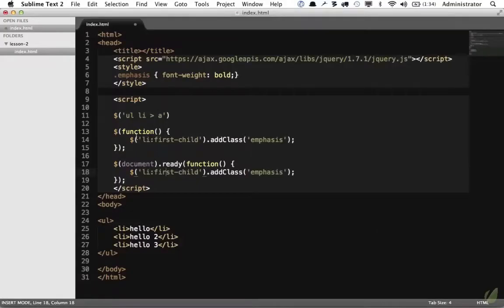You can use whichever you prefer. A lot of people stick with the second version only because it's more readable, it's more descriptive. When the document is ready, then run this code. And that way, maybe somebody who's not as familiar with jQuery won't be looking at this and thinking, huh, what's a function? What are we doing there? However, for your personal projects, or if you completely know what you're doing, there's absolutely nothing wrong with you passing a function to jQuery. And that's how jQuery will execute code as quickly as possible after the DOM has been loaded.